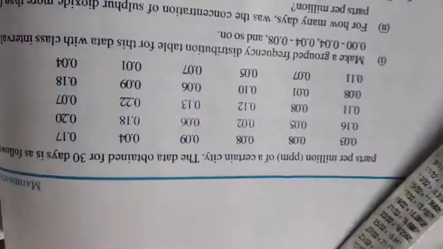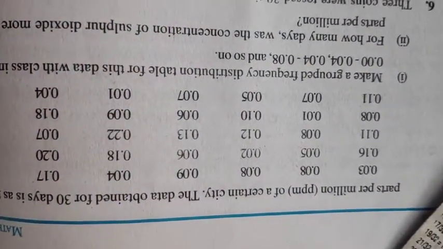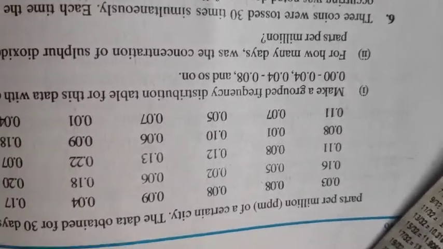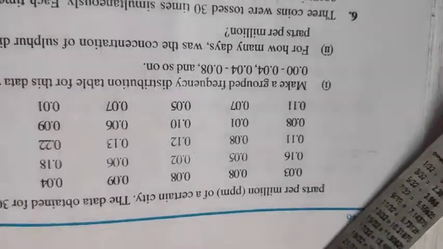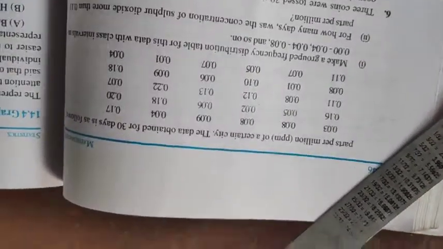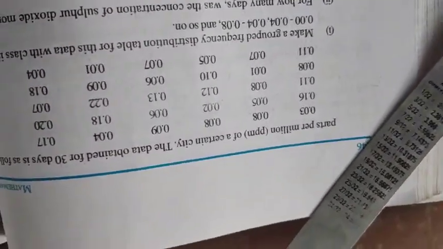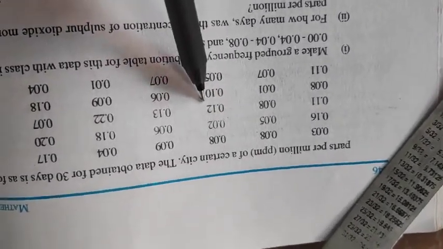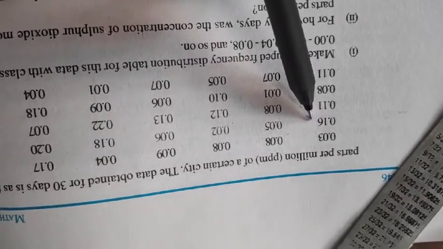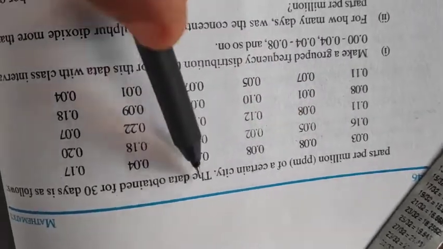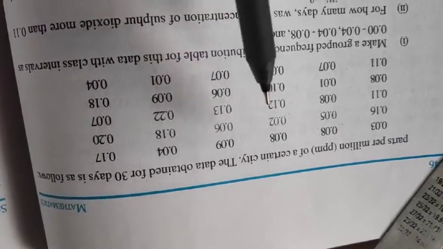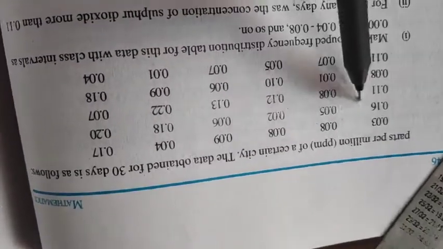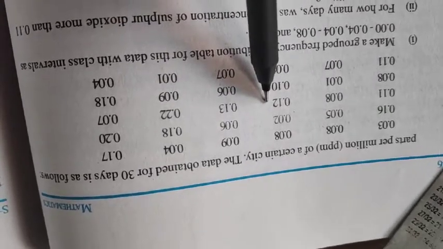So you have to find out of this table how many times it is from 0.12 to 0.16. So how will you calculate it, children? See, you will have to calculate it in this manner. You will have to find out 0.12 to 0.16. So see, this is one time, clear? Then second time, then you have third time, like that you have to calculate how many times it is. But it is from 0.12 to 0.16, means 0.16 and 0.12 will not be considered. Between means these two values will not come.